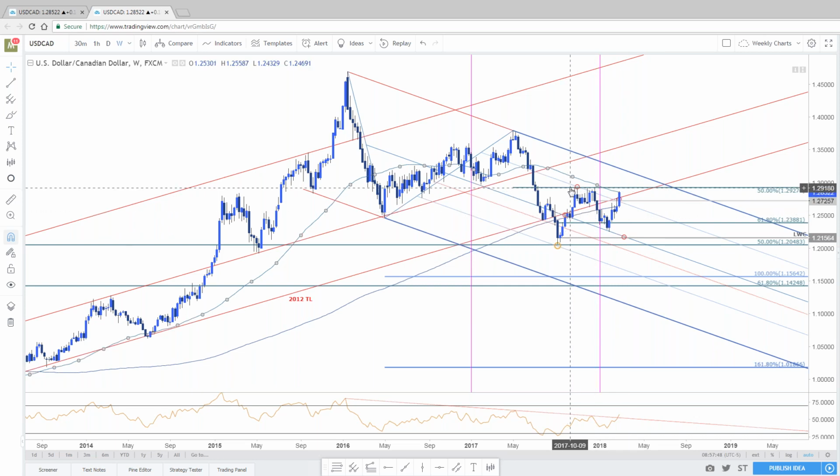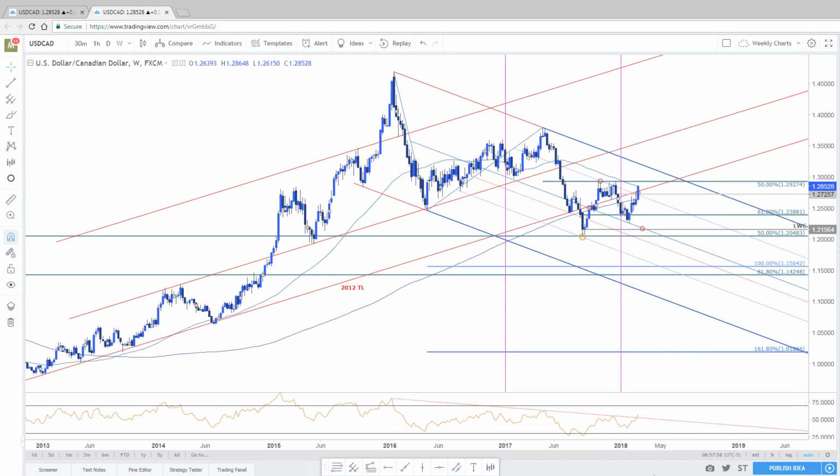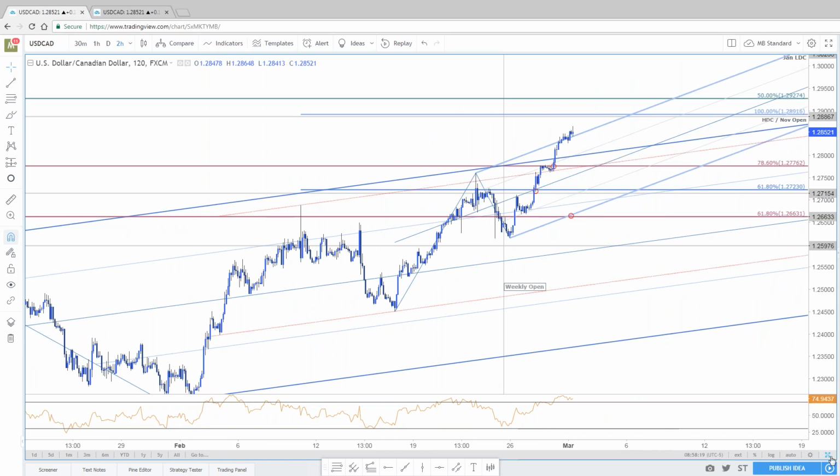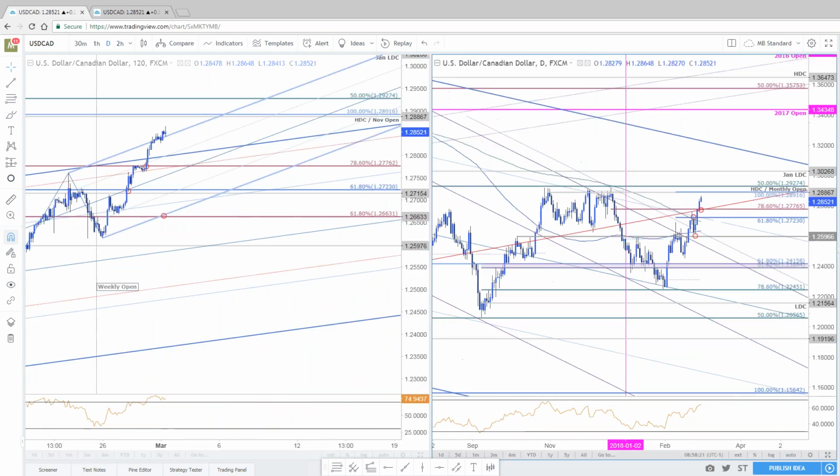This is a rock solid resistance since October of last year, all through November and the December high. So keep that in mind here as we head a little bit higher in dollar CAD. Also bring your attention to the fact that we have made a break of a resistance trigger here on the weekly charts. Again, nothing matters until the weekly close, so we'll have to reassess this tomorrow afternoon. But should that materialize into a break, again, you could see this thing continue to move higher. Any questions on dollar CAD or where we stand now?